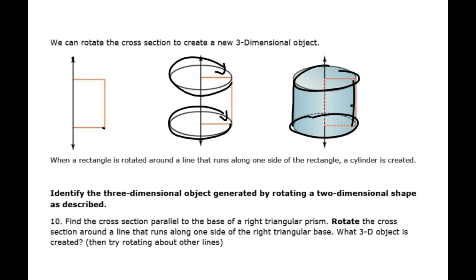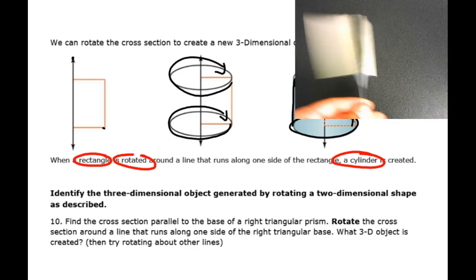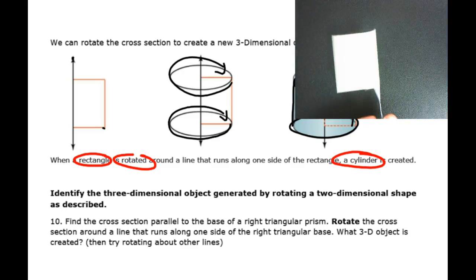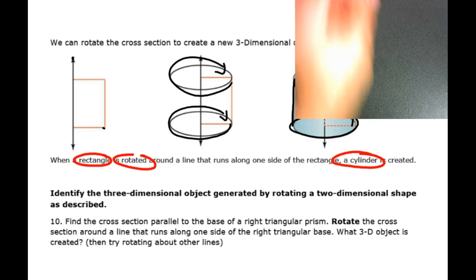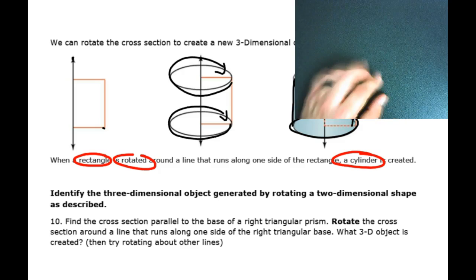When a rectangle is rotated, it makes a cylinder. Every time. Rectangle or square. If you rotate it, you're going to get a cylinder. Okay? Rotate a rectangle, get a cylinder. Okay? Now, the one thing that's not on here that we need to know is, what if we are doing it with a